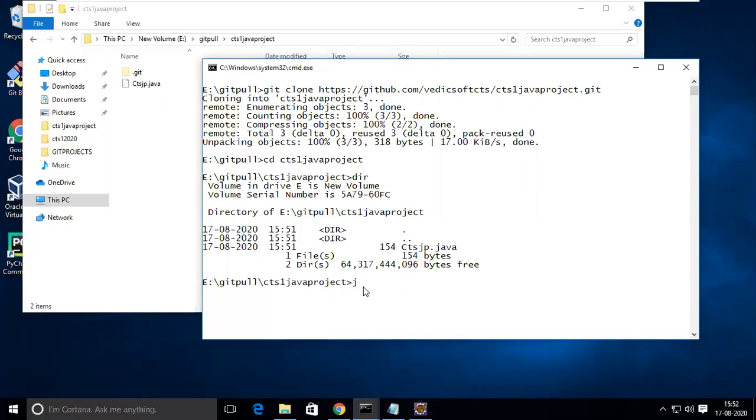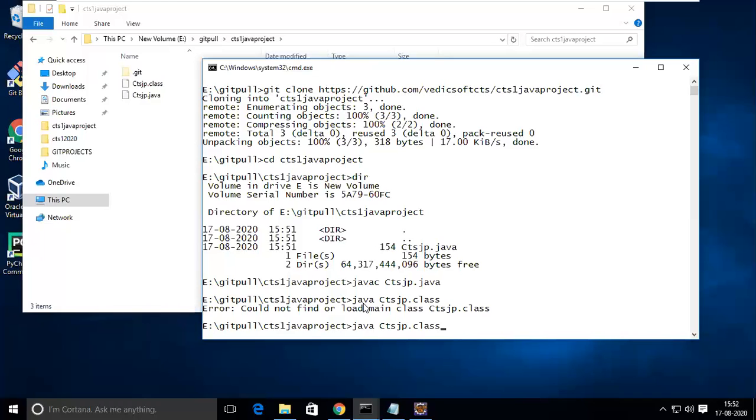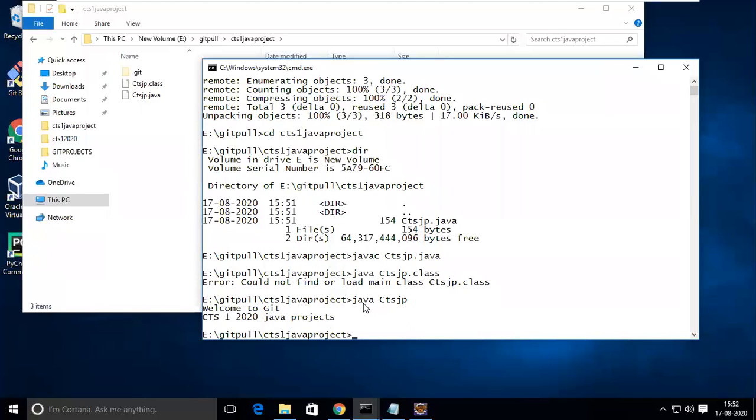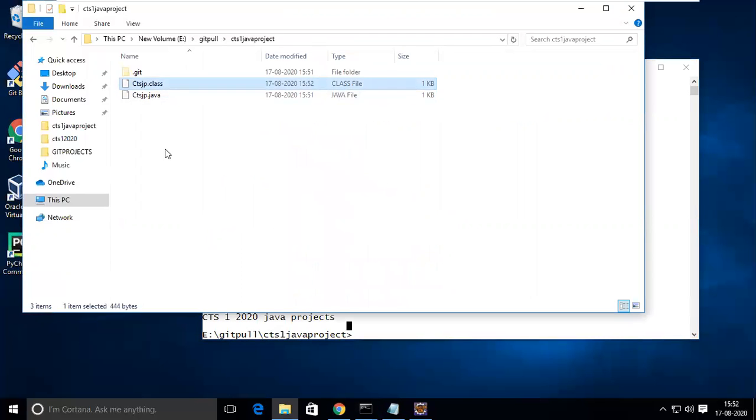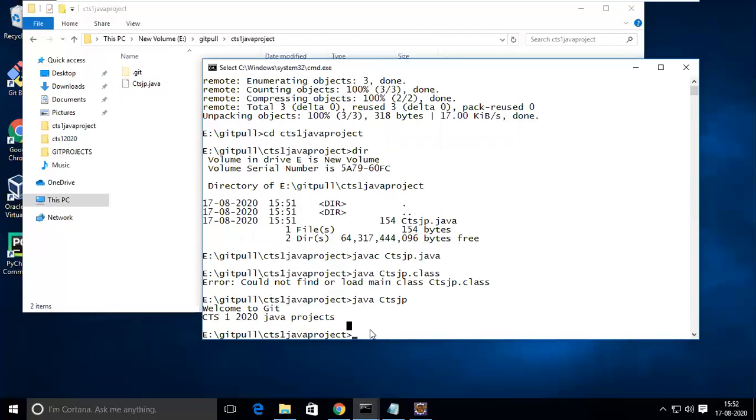So how to execute, you know, right? Already. So javac, because Java always should be compiled. If you compile, then only the .class file will be created. I see the class is created. Now I want to execute that class, right? java CTS, like this. Then I got my output. It got executed. Good, very good. Now I'm going to delete this class. Not required, that class. Okay, so I deleted it permanently.